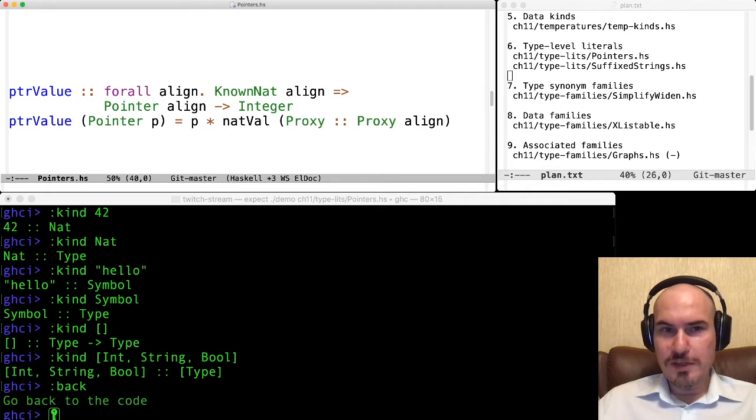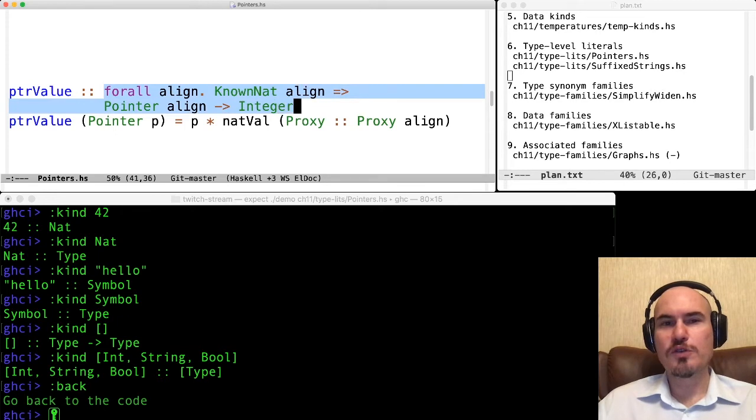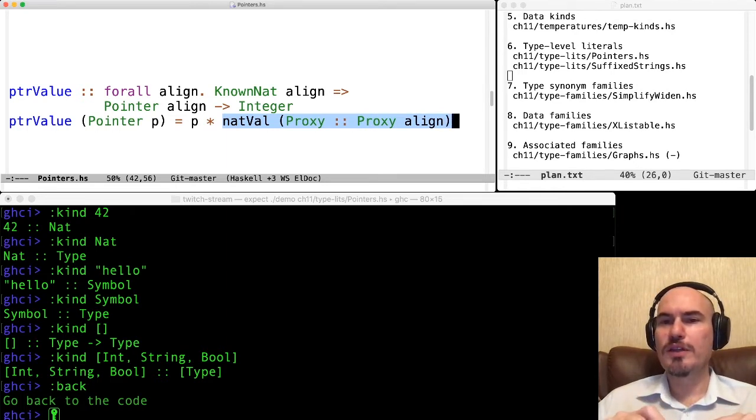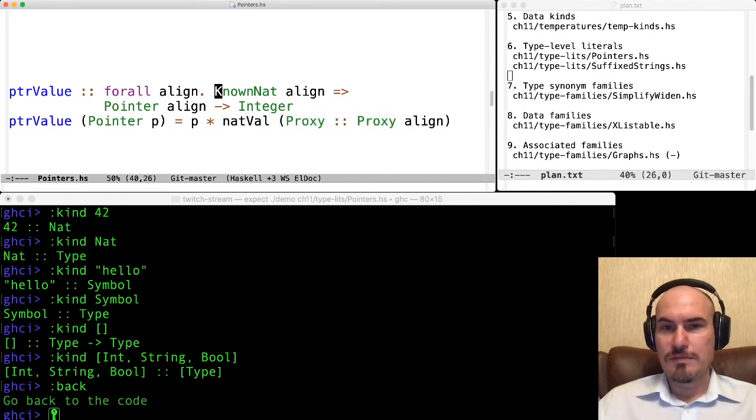So we have this alignment in the type, and thanks to ScopedTypeVariables, we can refer to this value in the body of the function. Okay, so we want to get the actual pointer value here. And to compute it, we use the following function, natVal. So this function brings a value from the level of types to the level of terms. It comes from the KnownNat type class.